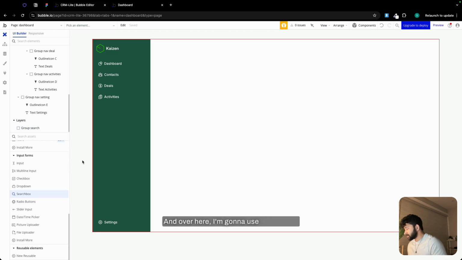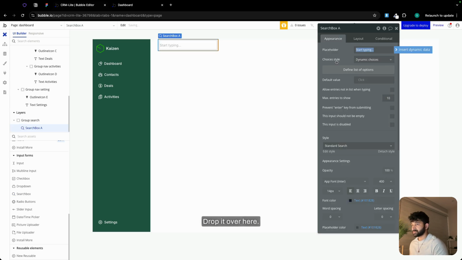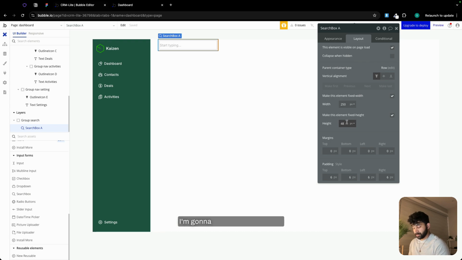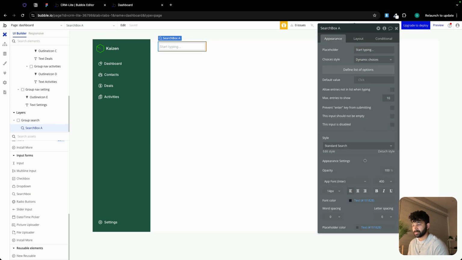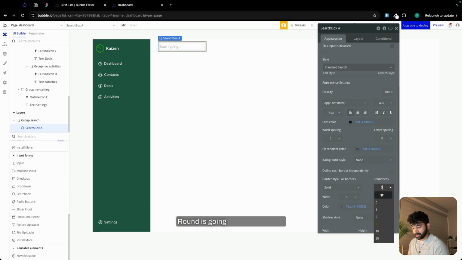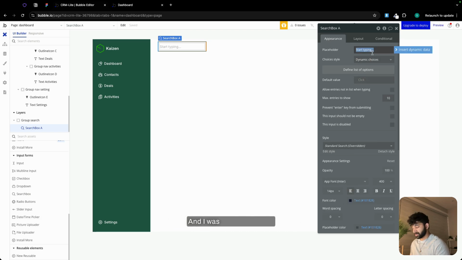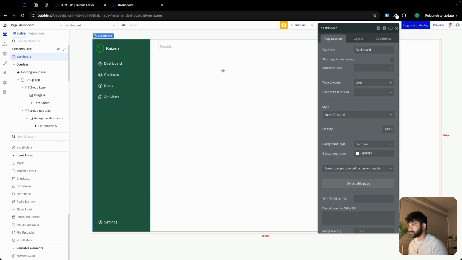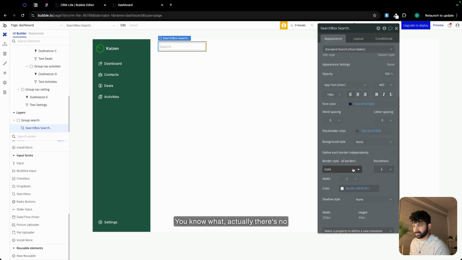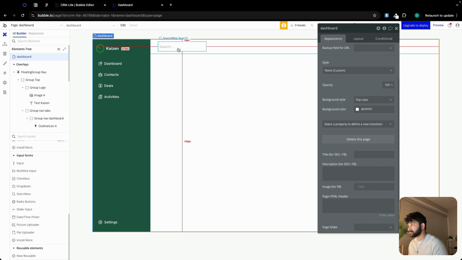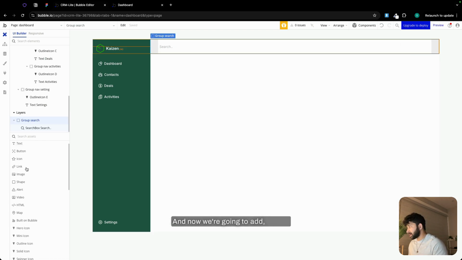And over here, I'm gonna use search box. Drop it over here. I'm gonna make height as 40, width 200. Center this. Click on appearance. Round is going to be 6. Border color is going to be our border color. And I'm just gonna search. There you go. Actually, there's no need of adding a solid border. And now we're gonna add